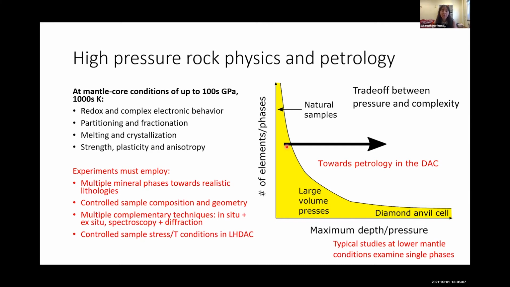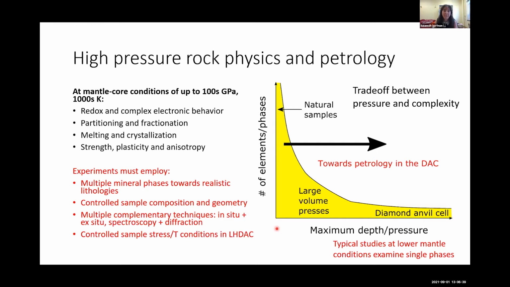When we are dealing with rocks, it often is important for us to use multiple complementary techniques. So we need in situ techniques in order to understand what's going on during the experiment. But often that's not enough for us to be able to accurately measure the chemical compositions. We also need ex situ techniques, such as electron microscopy, in order to more accurately determine with higher spatial precision what's been going on in our samples. And this is one of the things that we hope to be changing with some of the new synchrotron developments